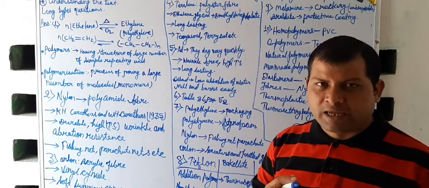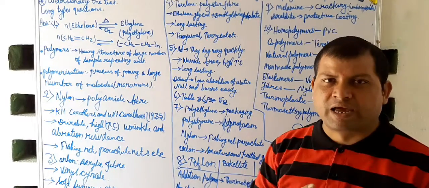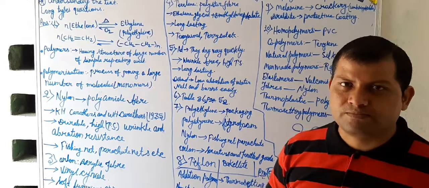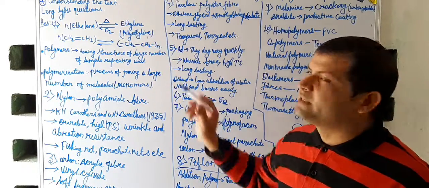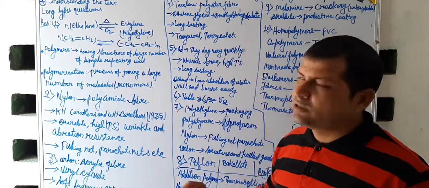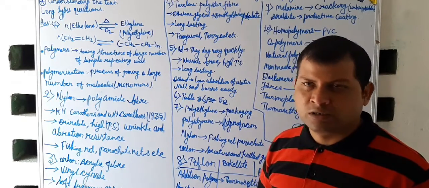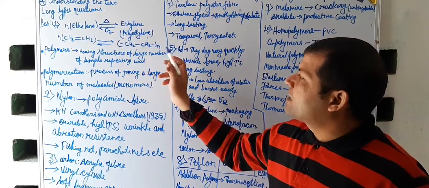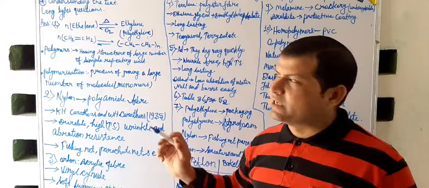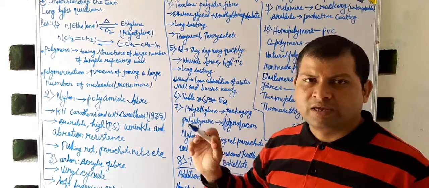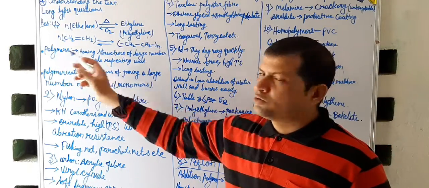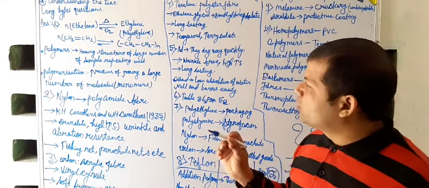First of all, n ethylene is polymerized when it is heated in the presence of oxygen. Then the formation of a polymer takes place, which is called polythene. So these are long chains, with n number of units in the chain. It has a high molecular weight, and so we can say that polymers